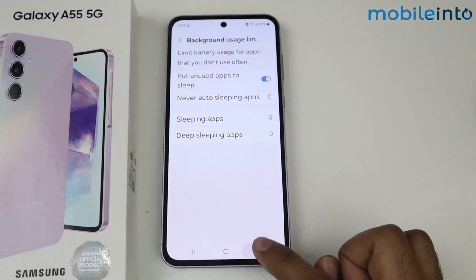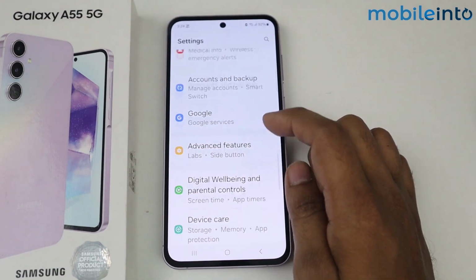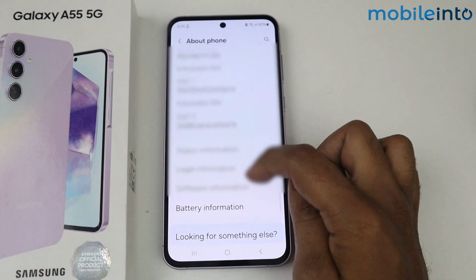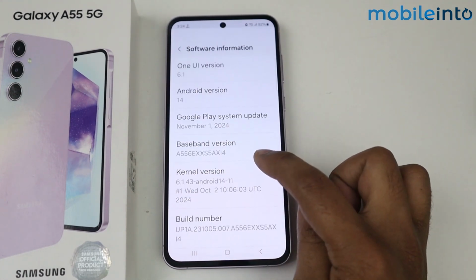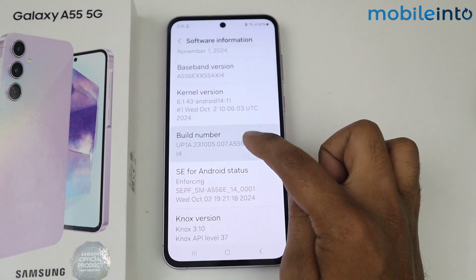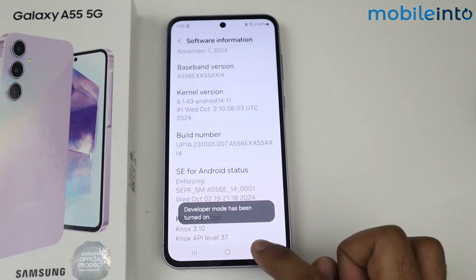Go back. Now go back again, scroll down, go in about phone, again scroll down, tap on software information, simply scroll down, tap 7 times on build number. As you can see, developer mode has been enabled. Now go back,